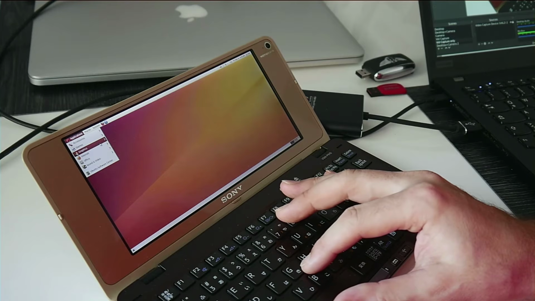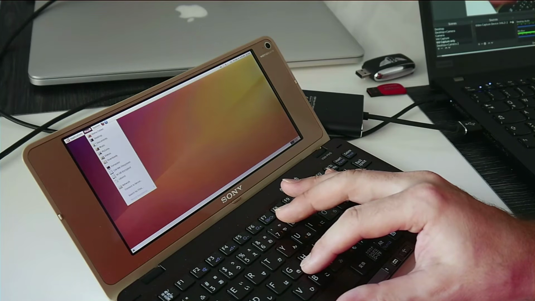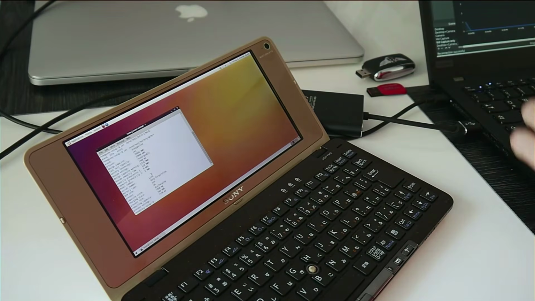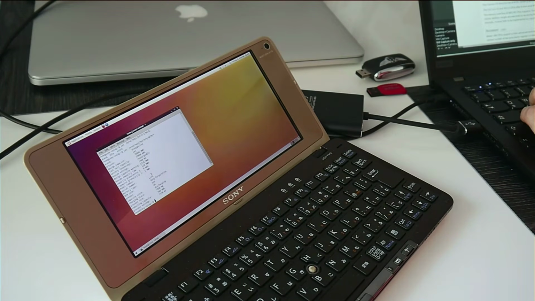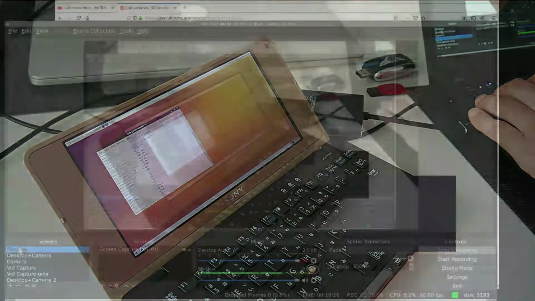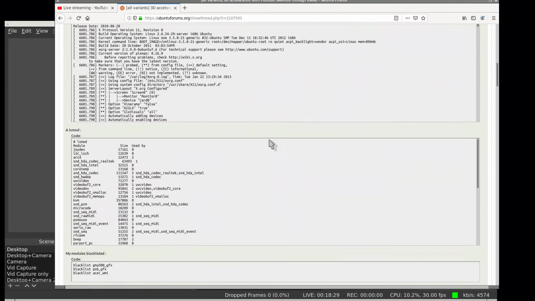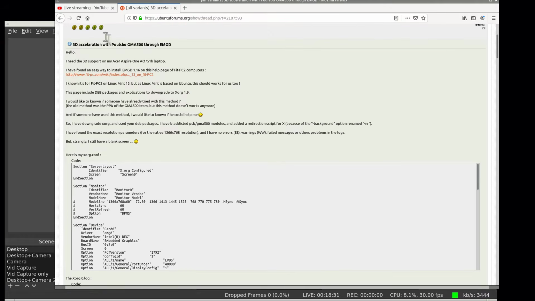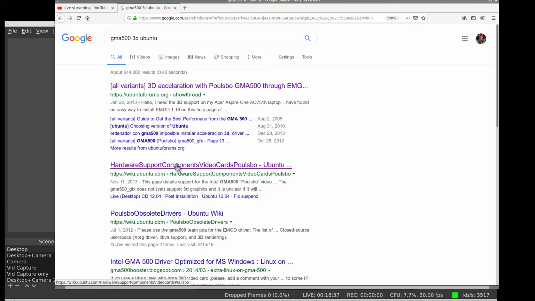I will give you an update maybe in an hour or two, if this hopefully worked. There was actually... Routine also works a little bit, but not fully, with the binary only crap there. So I specifically took the totally super old version that at least works fully, sort of, with video acceleration. And let's see, was it here? Yeah, it's a little bit annoying, I should have tested my camera setup. You get many tutorials here of 3D acceleration, GMA, EMGD, which is some embedded something, but I'm not sure if that has